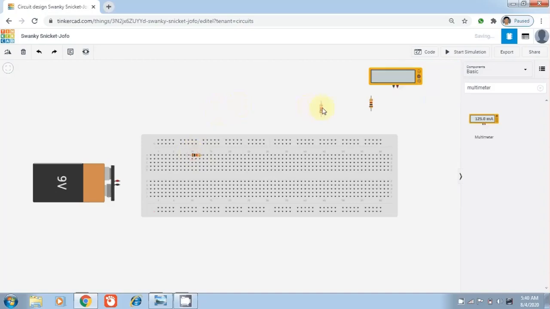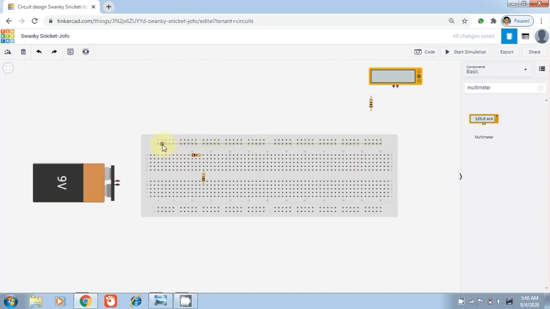Okay, and put another resistor onto this side. As in breadboard, this option is vertically shorted, means these are shorted in this manner. And these slots are horizontally shorted in this manner.